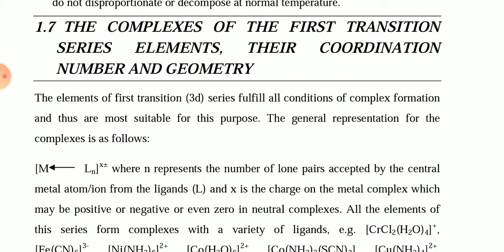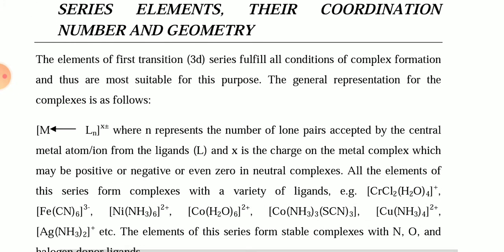Okay, the general representation of the complexes is the ligand to metal bond, which is a coordinate covalent bond. Here you can see the complex pair of metal and ligand. The arrow goes to the ligand from the metal, so it denotes some kind of give and take. So the ligand gave the electron to the metal.